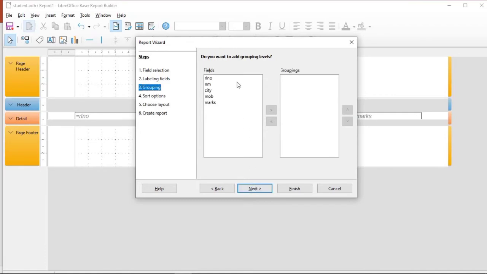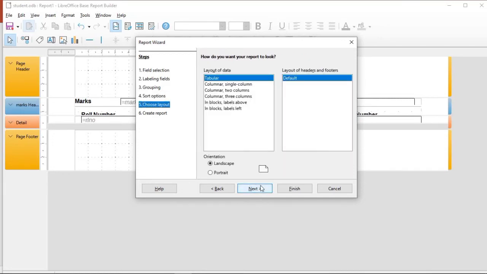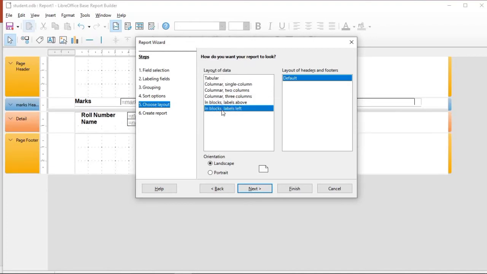Then you can specify a grouping for the fields. Grouping can be on anything. Suppose we specify a grouping on marks, then click on the next button. Here the grouping sorting is based on the marks. After that, here you have to choose a layout, any kind of layout you can choose.